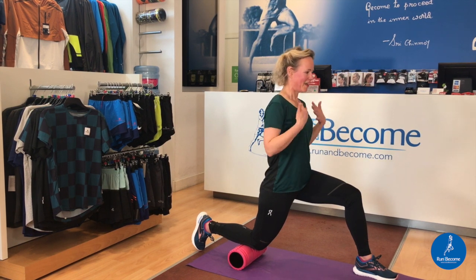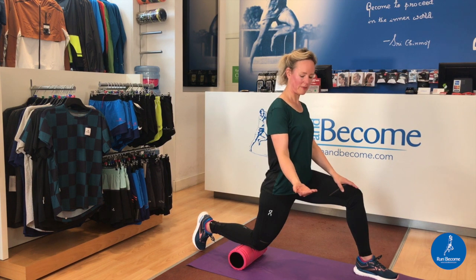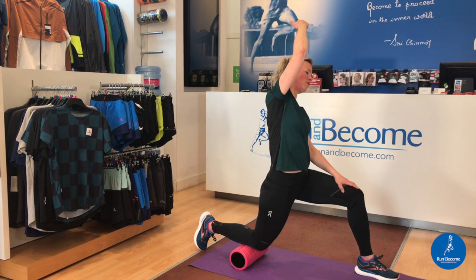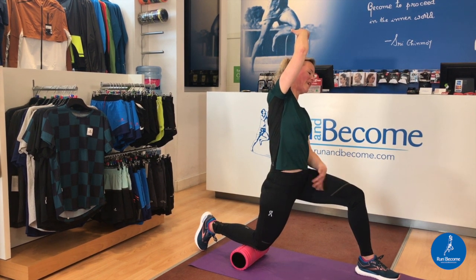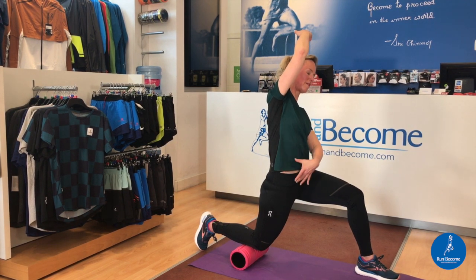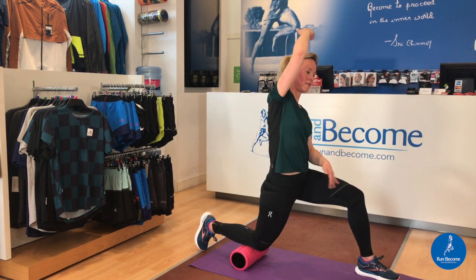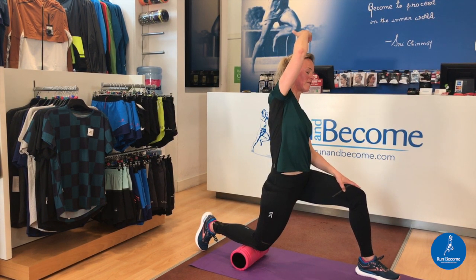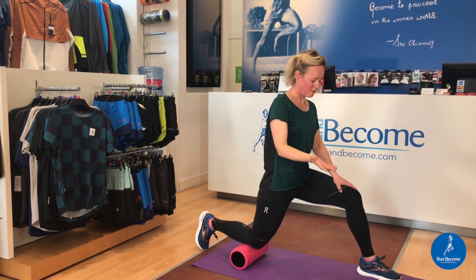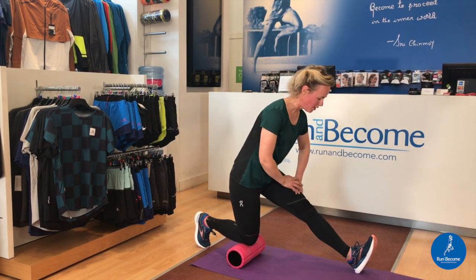So, nice deep breaths. And then you can exaggerate the stretch by bringing this arm up and diagonally back. And as you do so, you're targeting in there even more. You're also starting to stretch into the psoas muscle that goes deep in the stomach, that often can get tight if the hip flexors are as well, and it's a devil generally to stretch out, so this is a good one. You want to hold that 10-20 seconds,